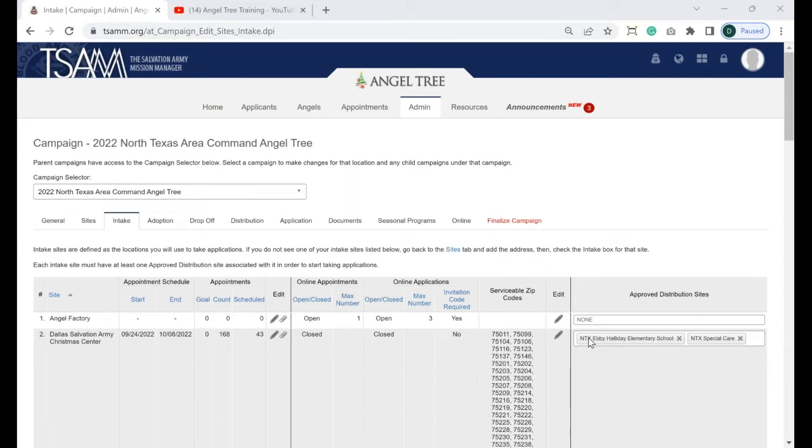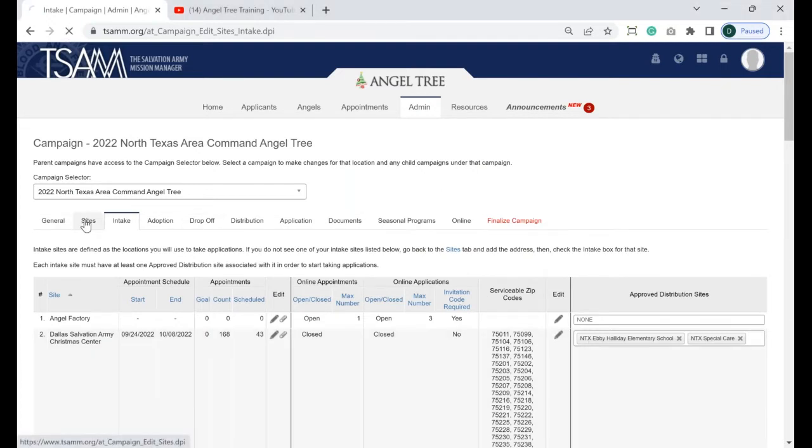Now, what is very important about that is when you start doing your intake and you start assigning distribution appointments, those will send an email to the applicant to say your appointment has been set for such and such a date. Under the address, it will say to be determined, right? Because there is no address in there yet. So the important thing is, once you do get that address,